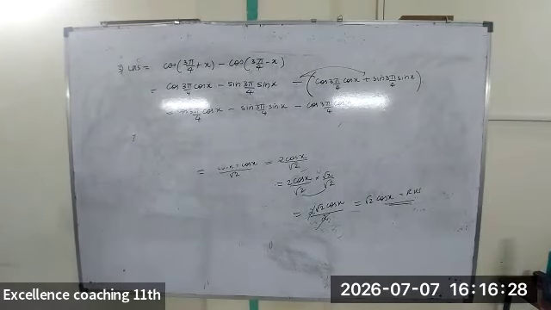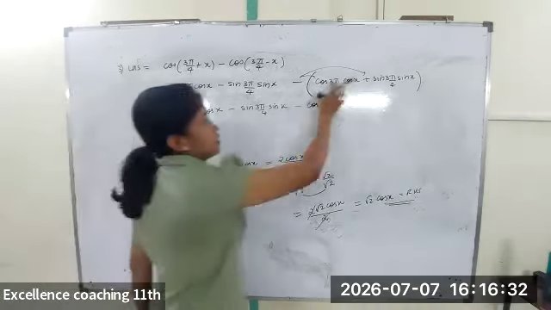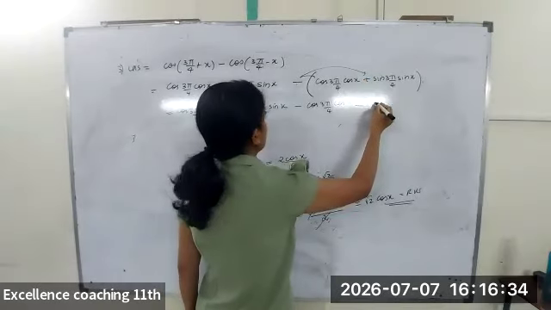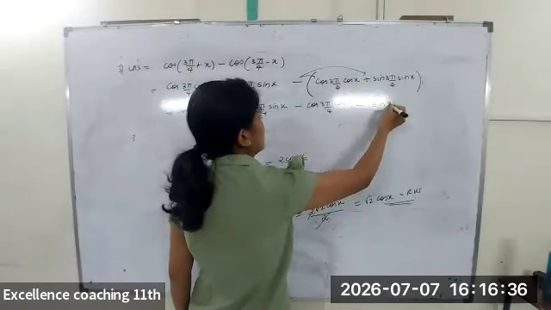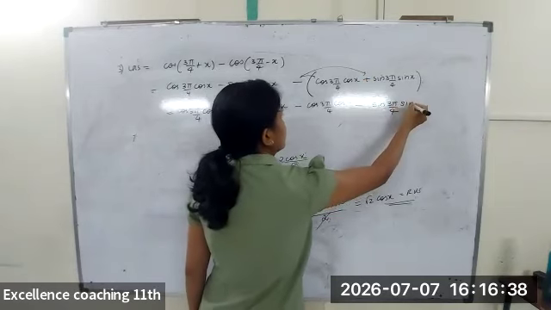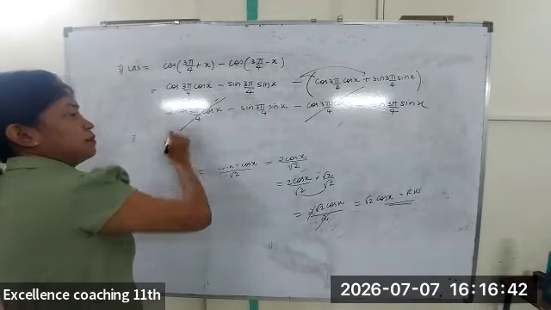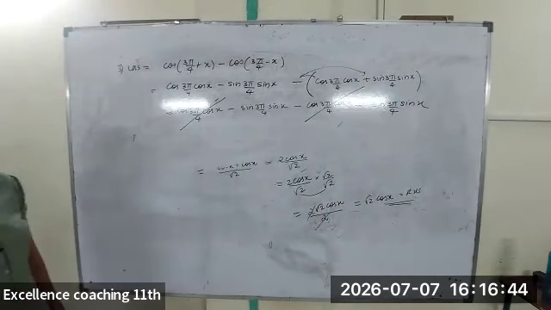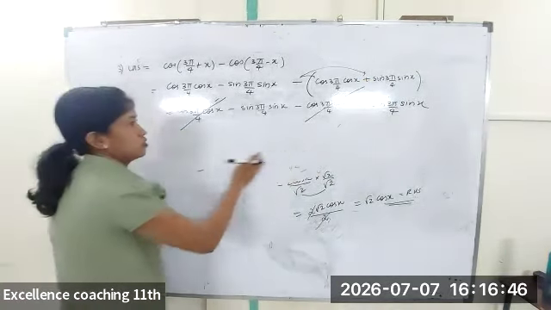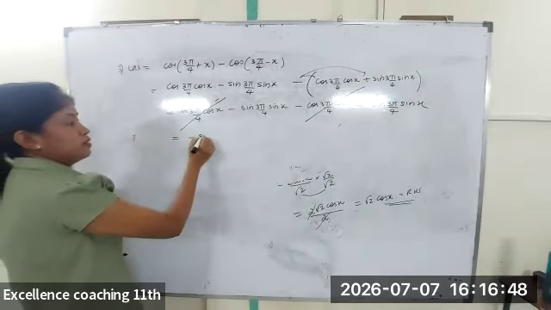Understood? Cancel this and do it. See, this will be minus. Minus into plus will be minus. This term will cancel. So you'll get